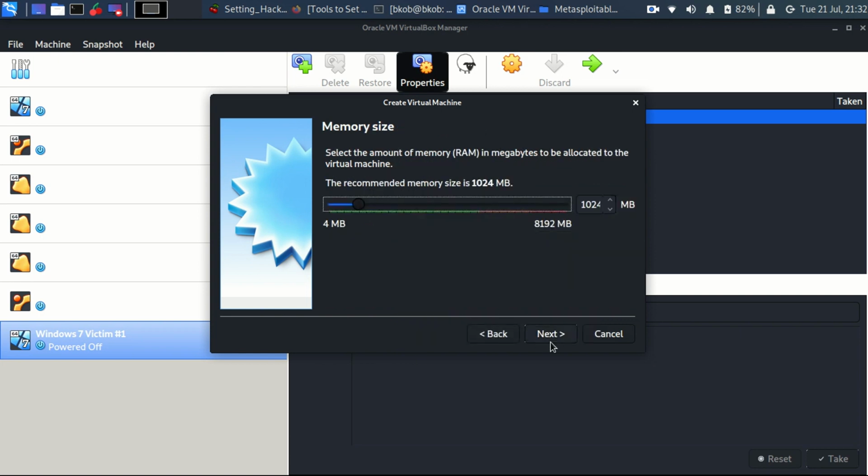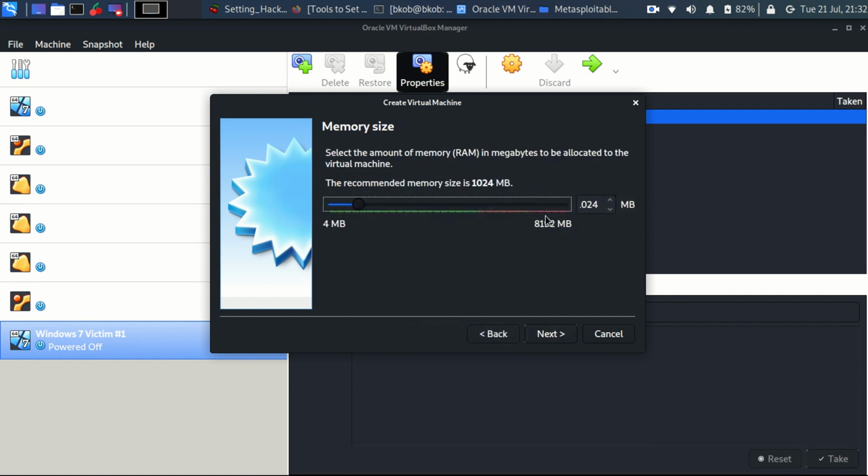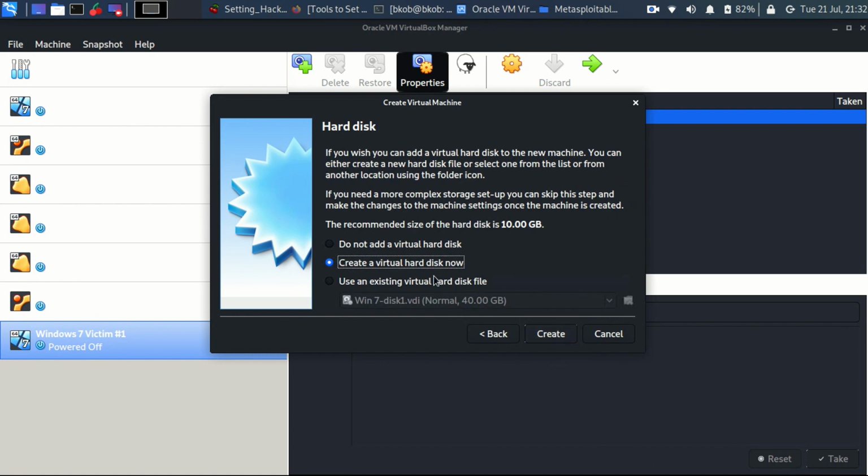After that, you need to select the RAM space, or whatever RAM you want to provide. In my case, I am giving 1 GB of RAM. Obviously, if you have 8 GB of RAM, you could use 1 GB. Or if you're feeling a bit laggy, then even 512 MB will work perfectly for Metasploitable. But for Windows 7, we have to give at least 1.5 GB to 2 GB. For Metasploitable, you can get by with 512 MB as well. Okay, so we gave the information here, and over here we provided the RAM, and the next option is where we select the hard disk.